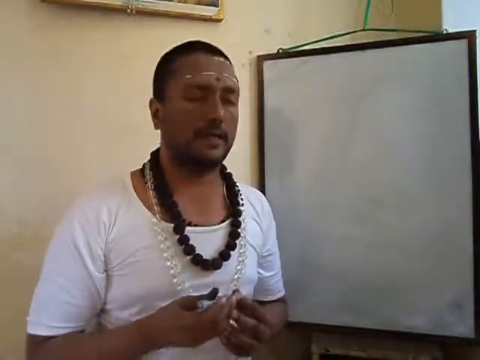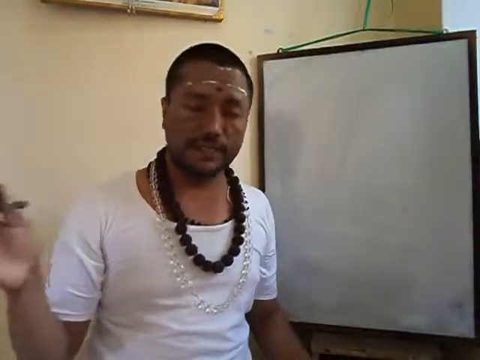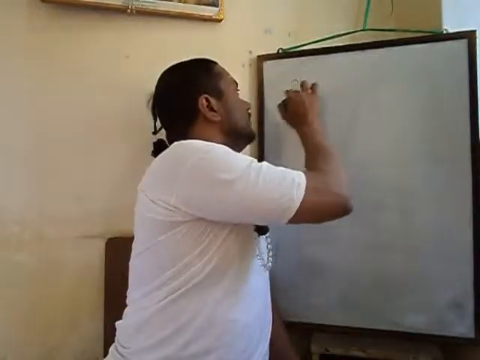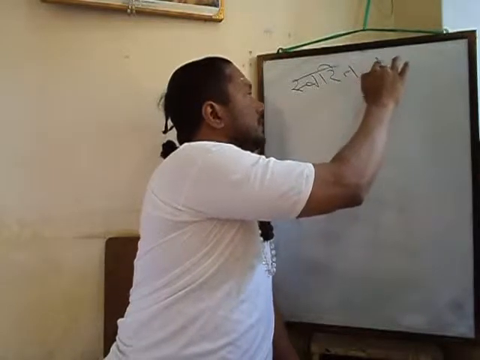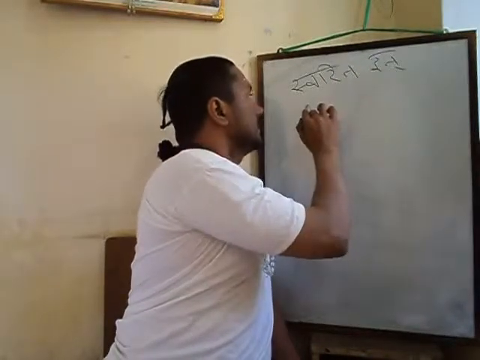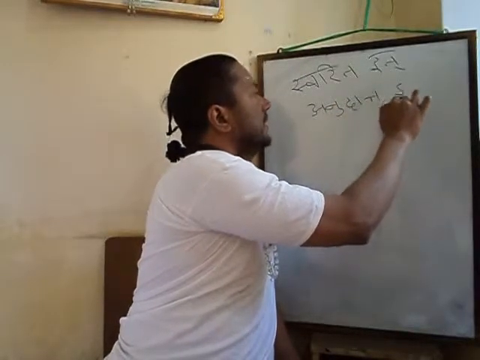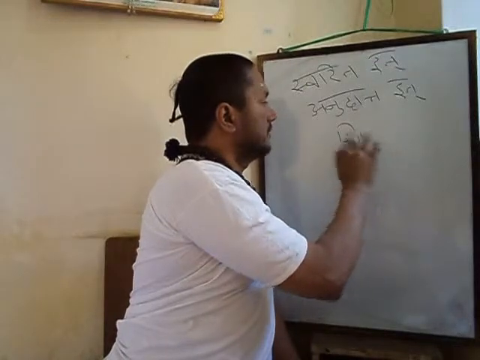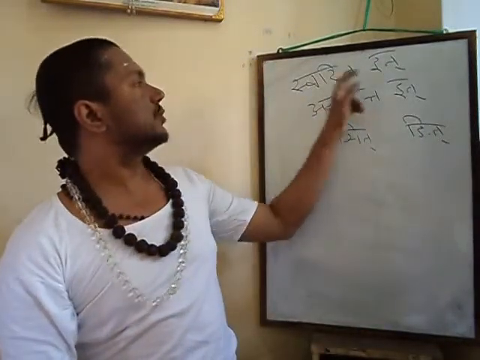Svaritanitah kartrabhiprāye kriyāphale, shesāt kartari parasmaipadam, like that there are sutras. So we say svarita it, anudatta it gives atmanepada, anudatta it, then nit. When svarita it